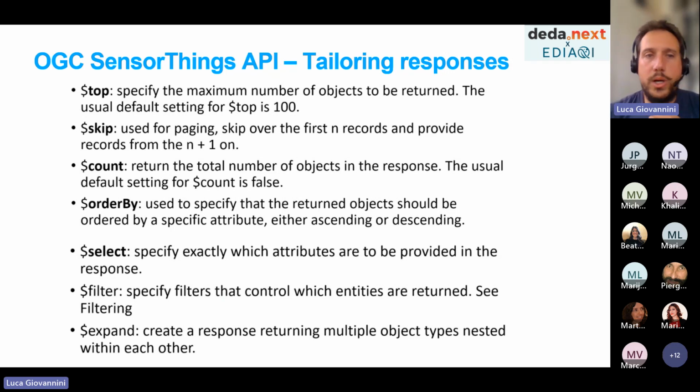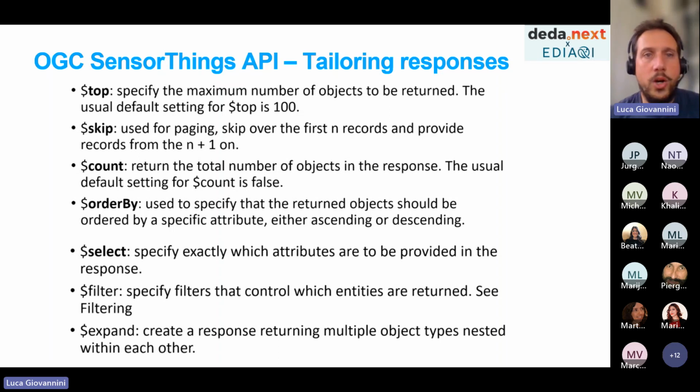We are not looking at all of them, but you can do queries, filtering, ordering. You can request counting of elements, and you can command pagination of the output.